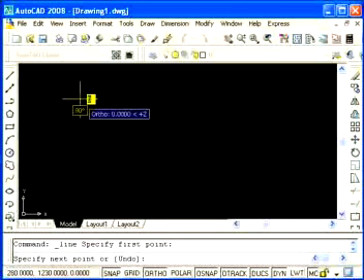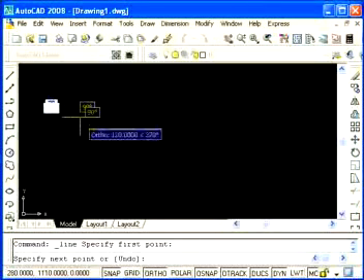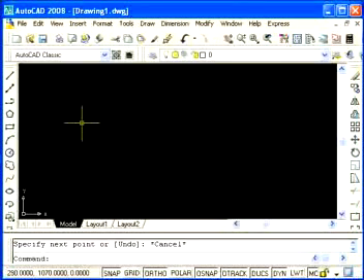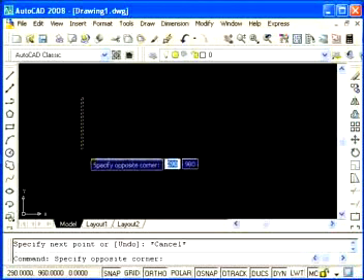There we go. And I've actually turned on, right down the bottom of the screen, Snap and Ortho. These just make it a little bit easier when you're drawing. Ortho makes it a little bit easier when you're drawing 90 degrees because it only lets you move in